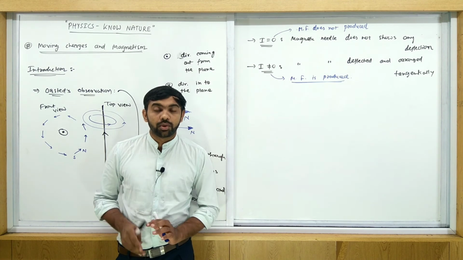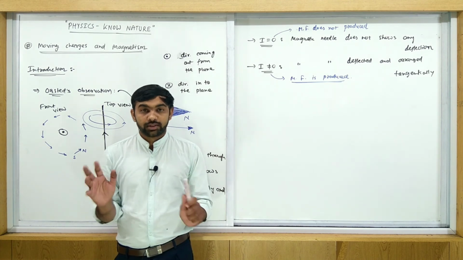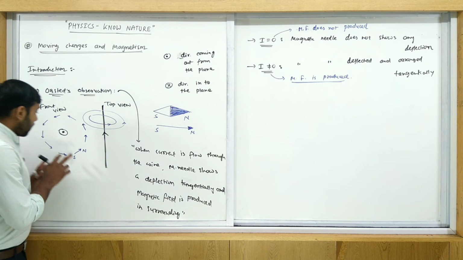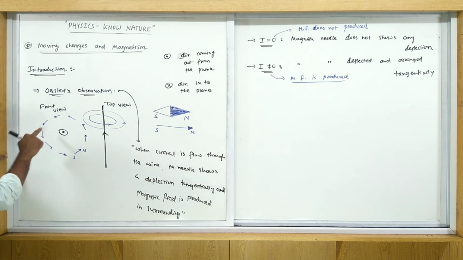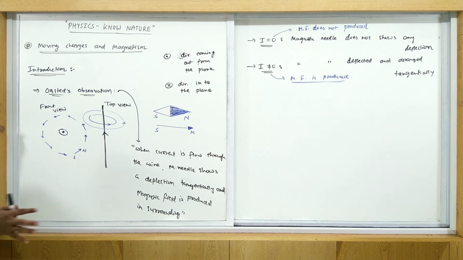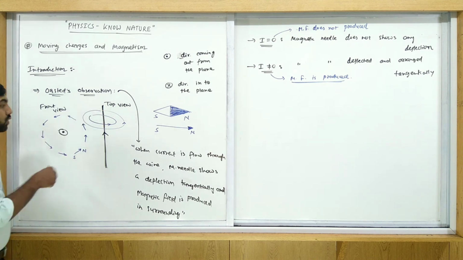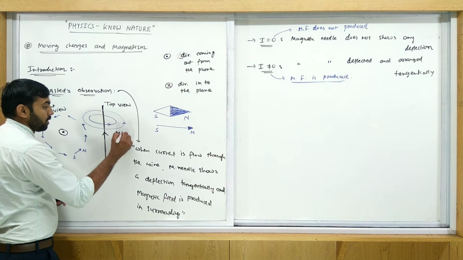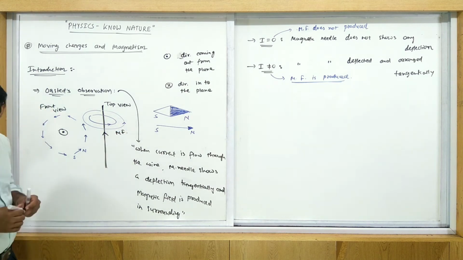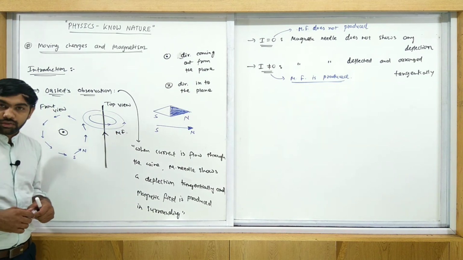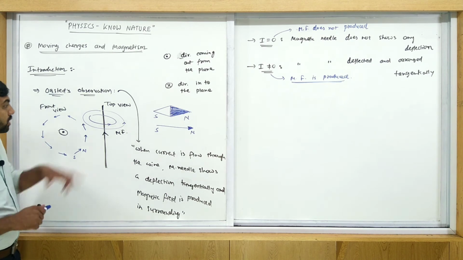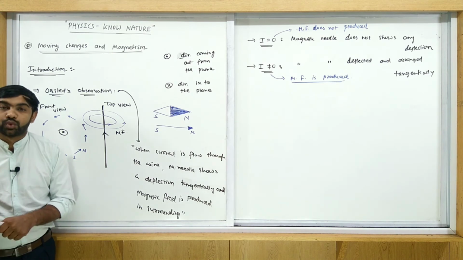We have to discuss this in this whole chapter. Simple one. When current flows through this wire, the magnetic needle shows some deflection; some force is applied on this needle due to this magnetic field. In the surrounding of this wire, see, this is the wire, this is the surrounding, so this one is what? Magnetic field. That is a representation of magnetic field, exactly like an electric field. Electric field we also draw, so here we are drawing the magnetic field in this way.